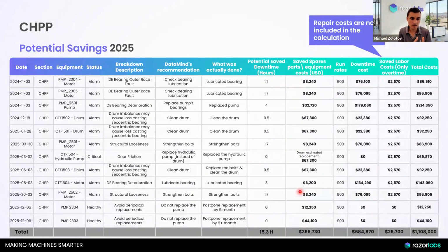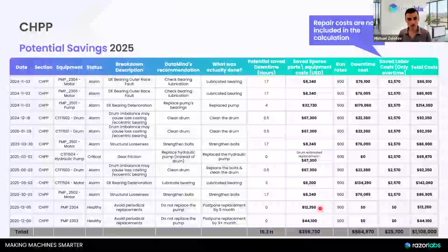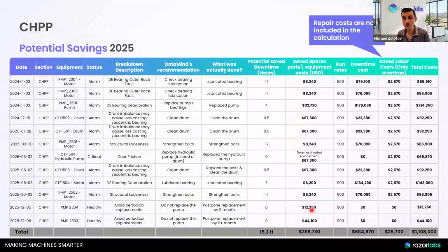right? How many dollars does it take to operate that pump for a month? But now that pump is not replaced. In this case, that specific pump, pump 2304, lasted 5 months longer. That other pump 2303 lasted more than 9 months and it's still running. So they can now put a number on how much money these 9 months or 5 months were worth. And despite the fact that there is no downtime cost here, it does contribute pretty significantly to the reduction of